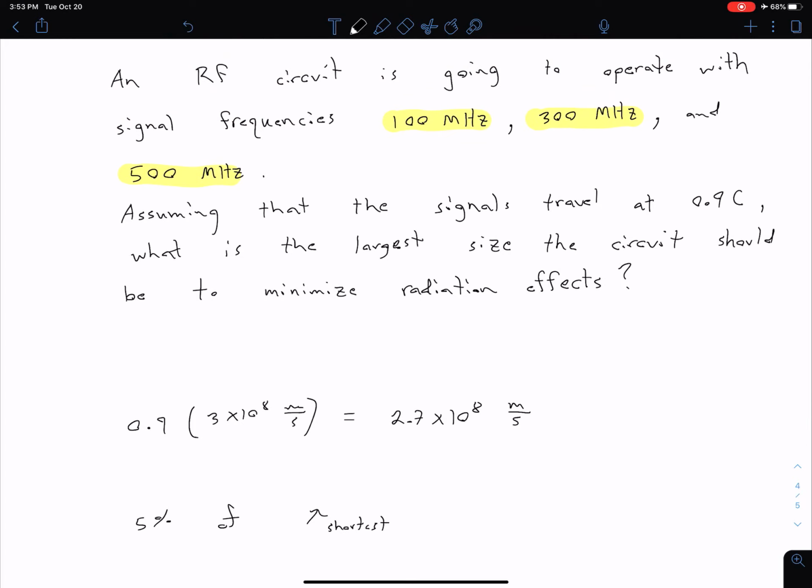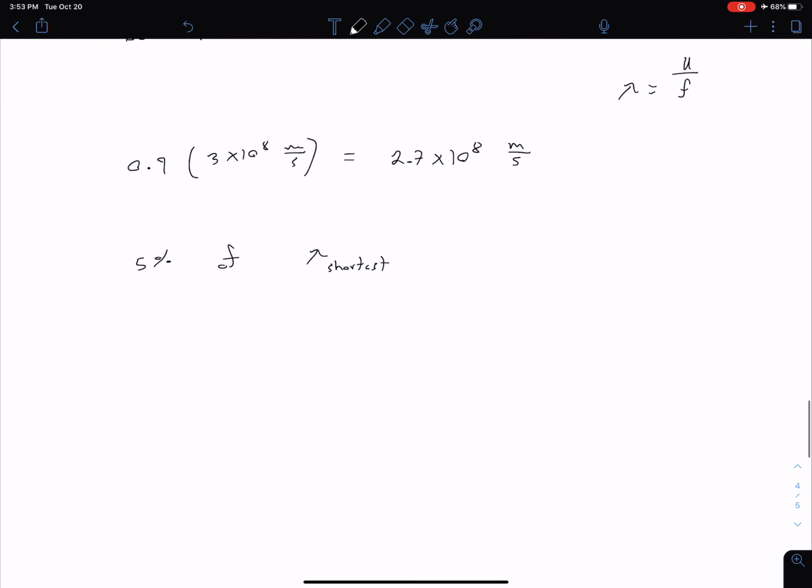And so of course, as we saw last time, because our lambda is equal to C, well, let me keep that more general and say this is our velocity u over our frequency, we can see that higher frequencies are going to correspond to shorter lambdas. So we're going to focus on this highest frequency of 500 megahertz. So we can say that our lambda shortest